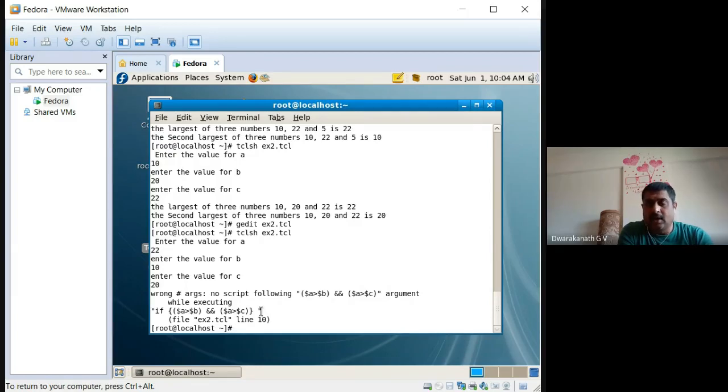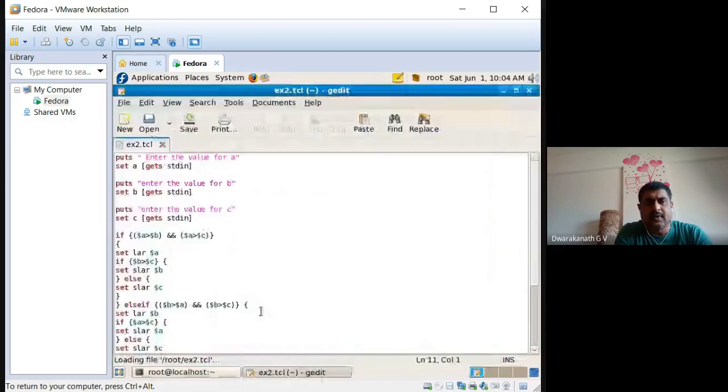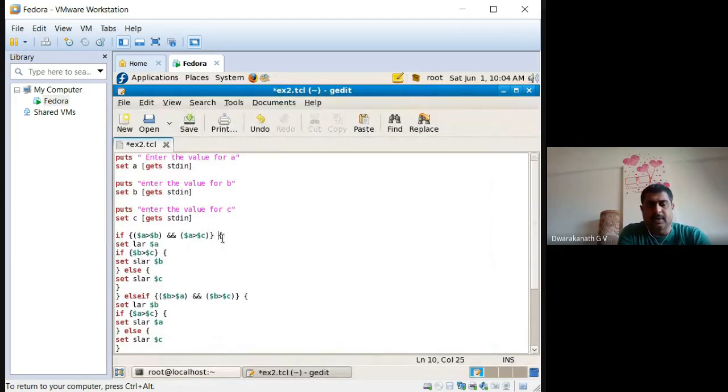In exams and all, you will always feel like this: we have given the flower brace, everything I have given, where is the error? Where is the error? You will keep on checking. But actually the error is that this flower brace should start here. So continuation of the if statement is very important. Somewhere in an else you may miss the flower braces. So the flower brace plays a very important role, where to open and where to close.